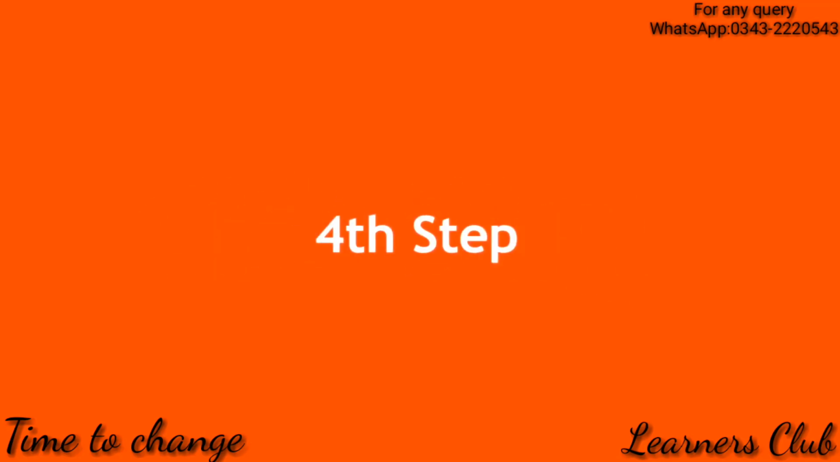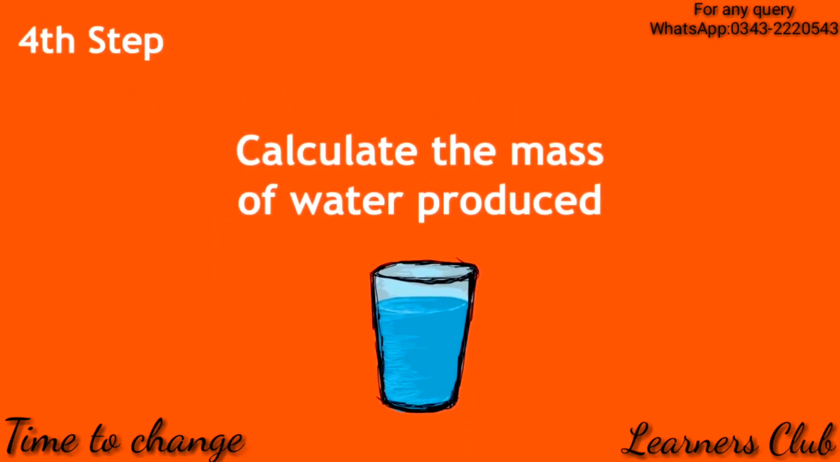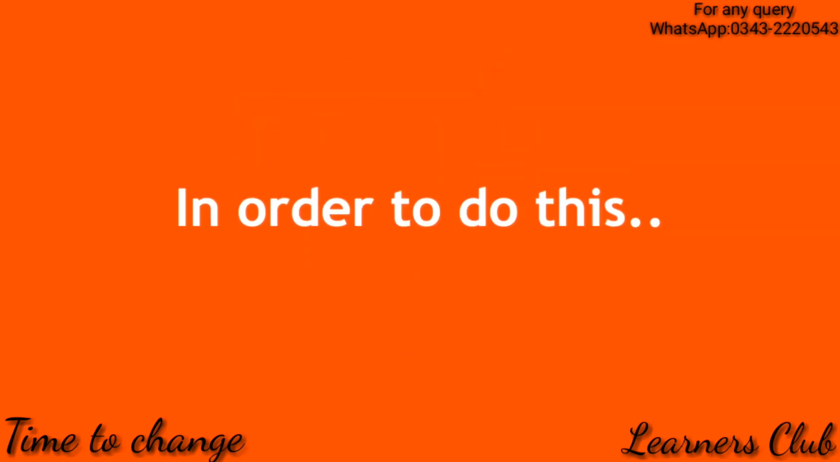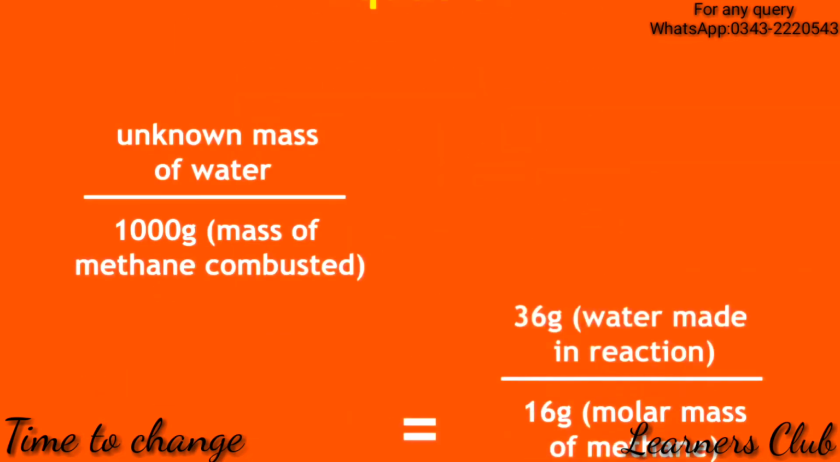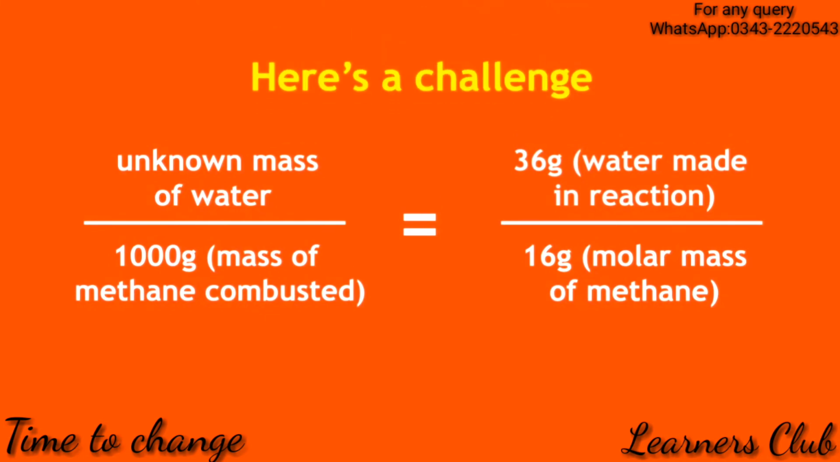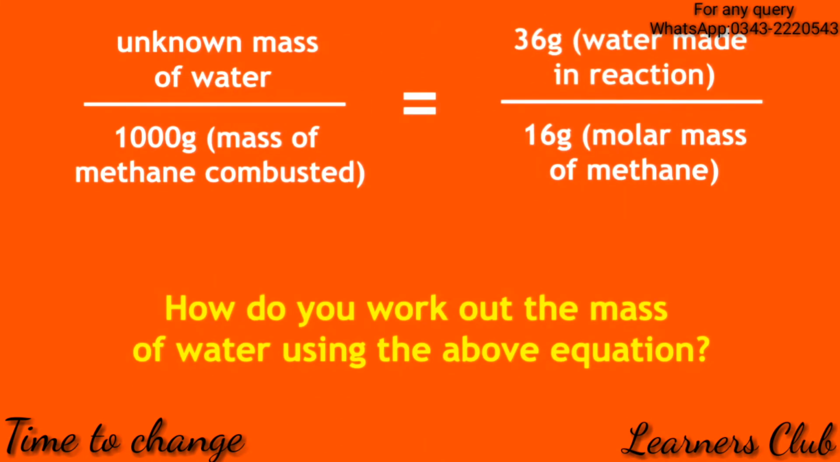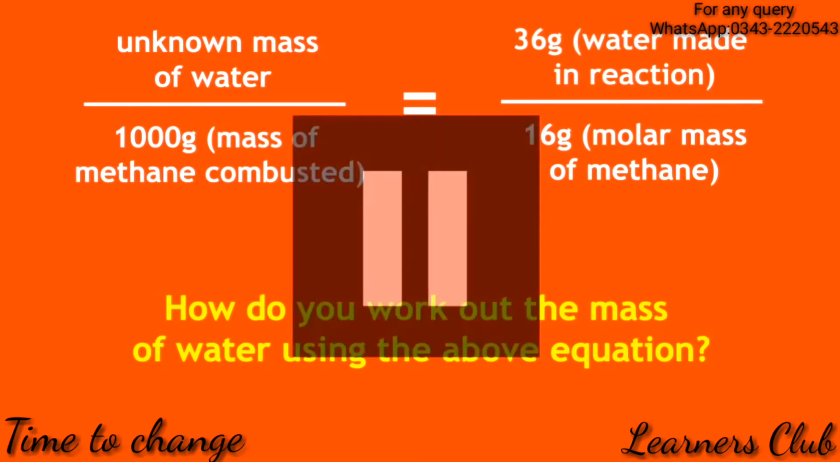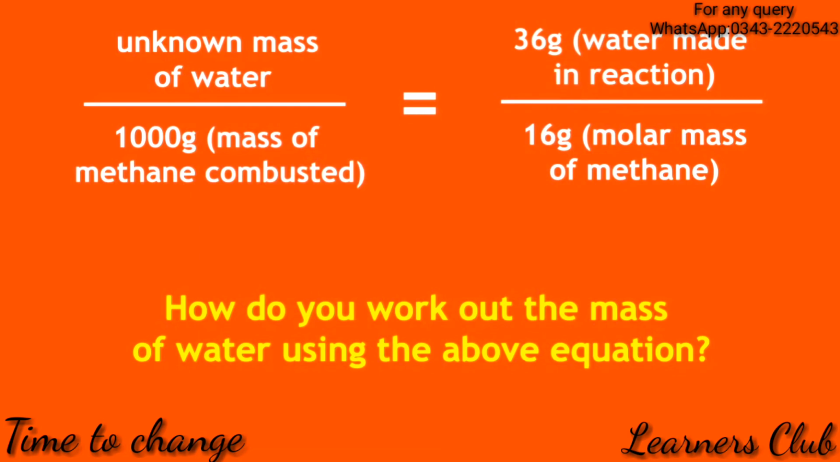The fourth step is for you to calculate the mass of water produced. In order to do this, you have to set up the equation as shown. Here's a challenge. How would you work out the mass of water using the above equation? Pause and continue when you are ready. The amount of water produced by combusting 1,000 grams of methane is